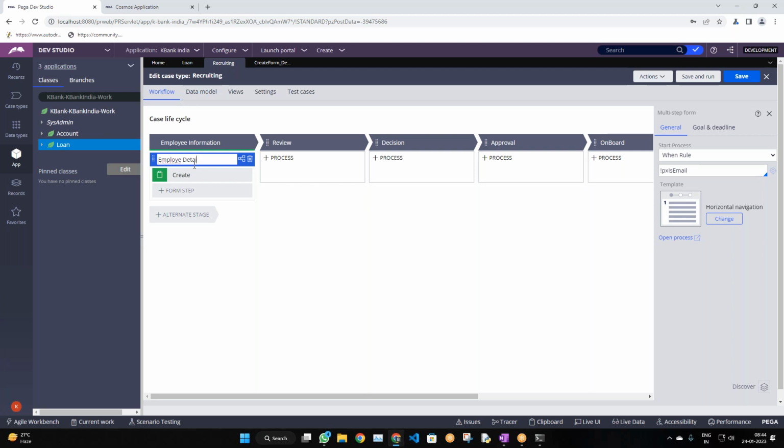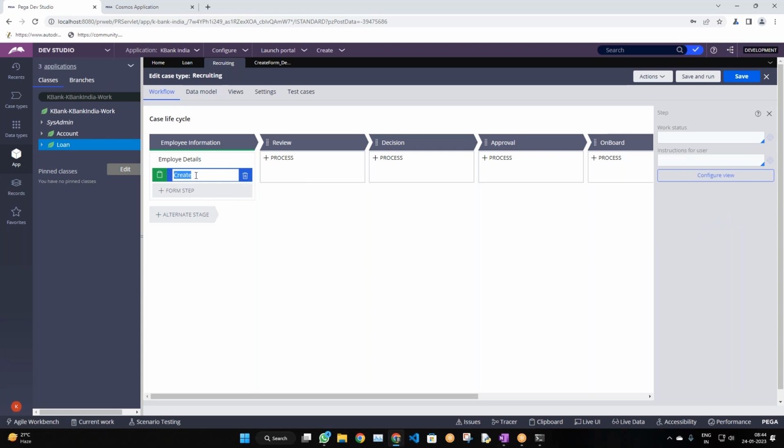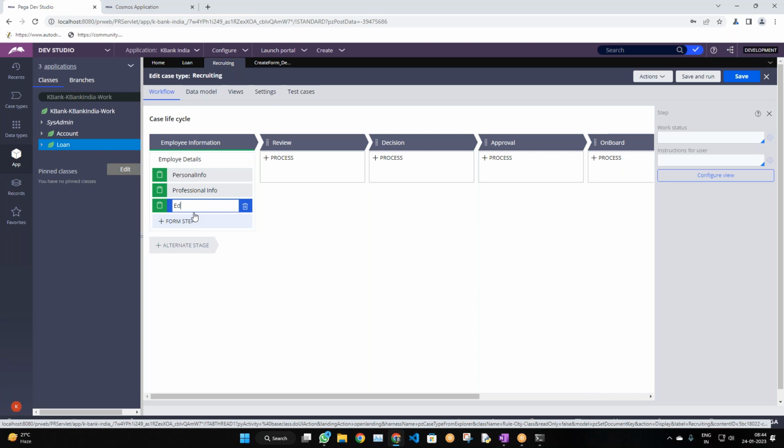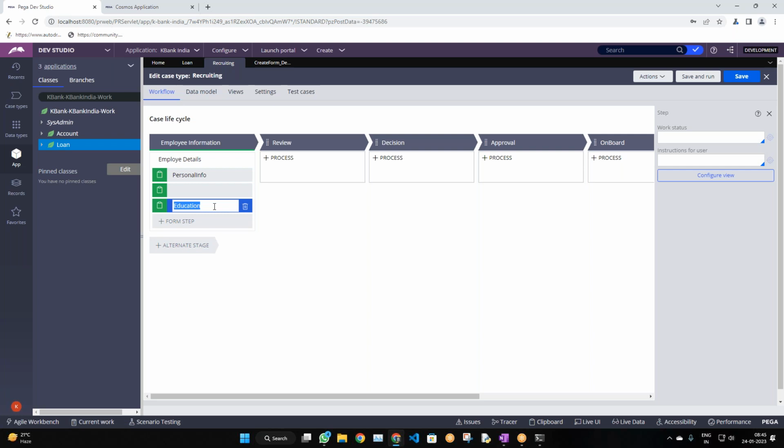Employee details. Okay, so now personal info, professional info, next education. So personal, education, and professional. Okay, so this information, once it is done, then